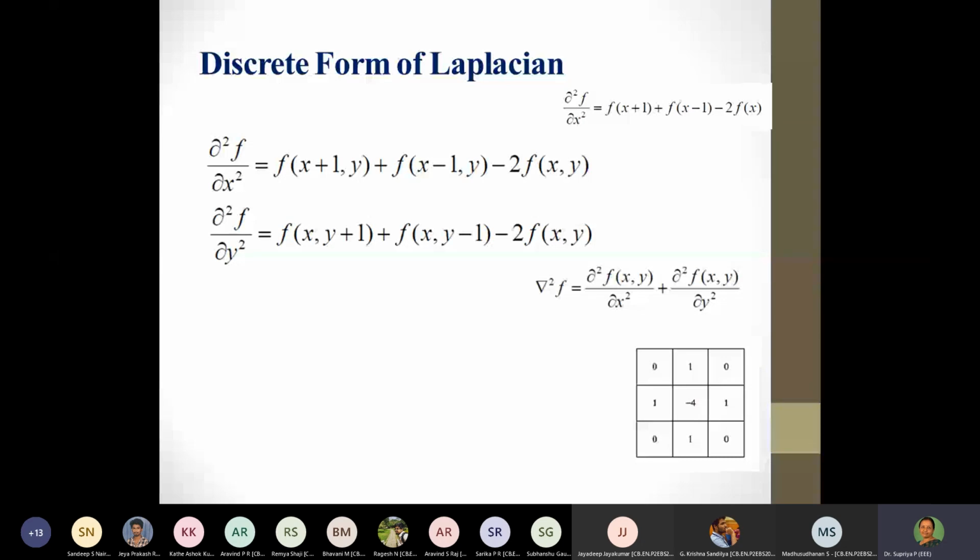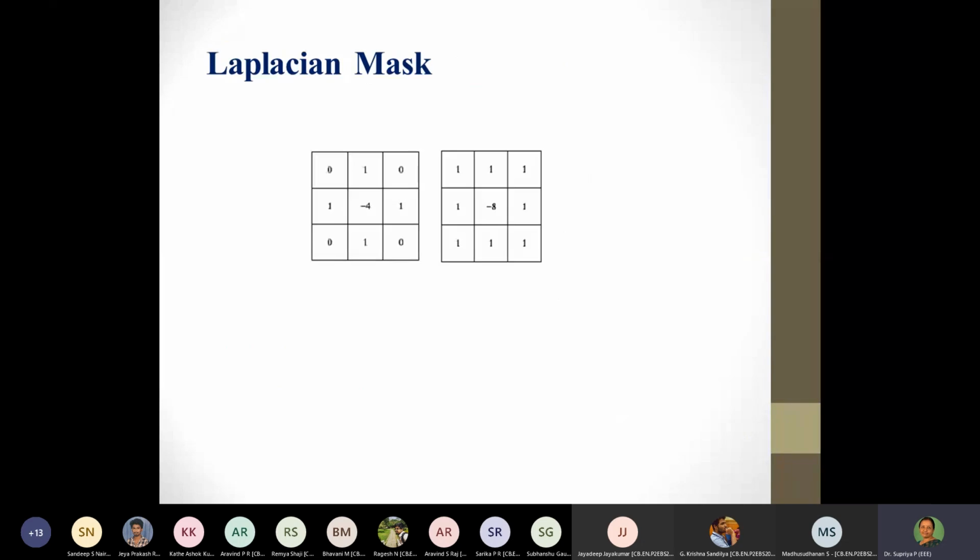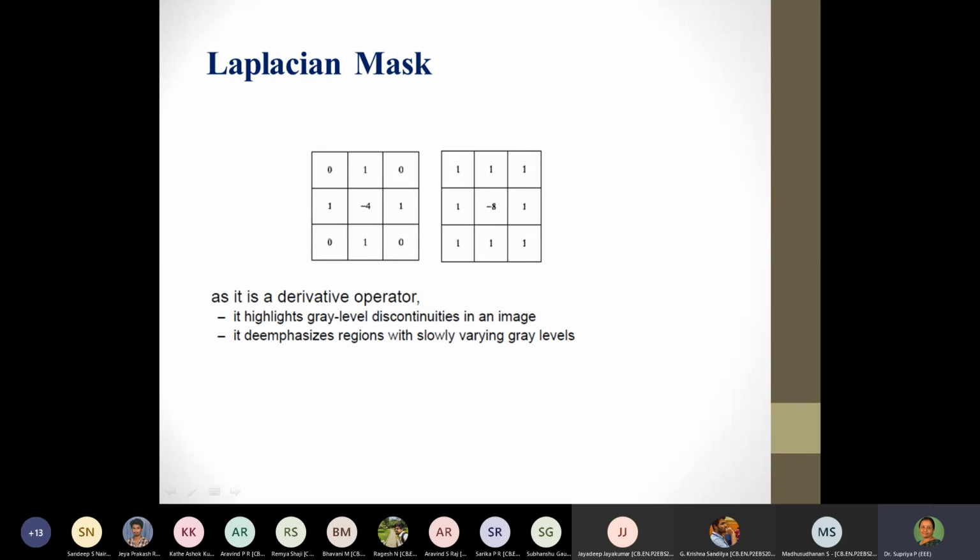In some books you will also see the Laplacian with diagonal elements also, giving it an 8 point mask. In that case, the center will become minus 8. So this is the basic expression of the Laplacian mask. Another form of the Laplacian mask uses 8 points, where you may get 1, 1 at these diagonal points also. In other words, the 4-point neighborhood which we were talking about now becomes the 8-point neighborhood with diagonals included. Is it right?